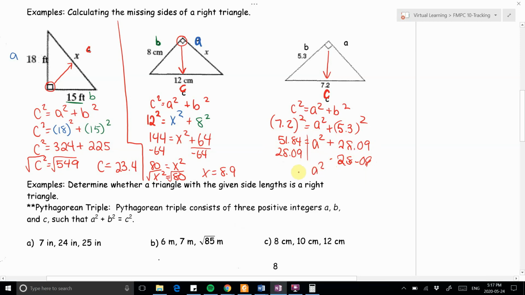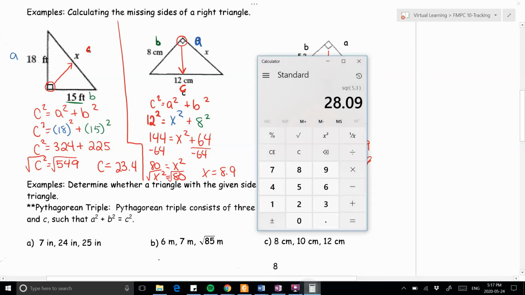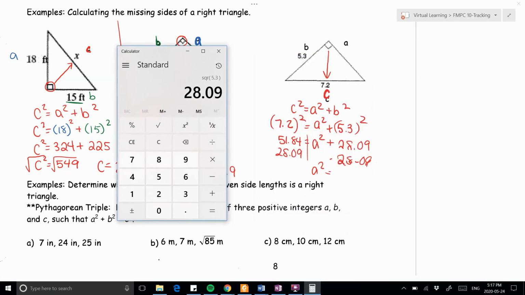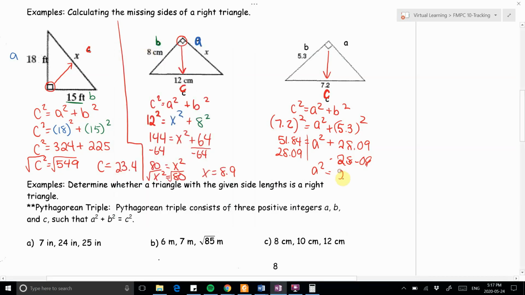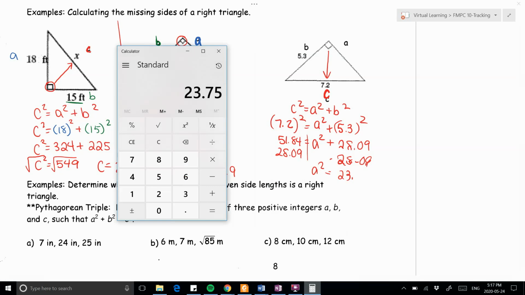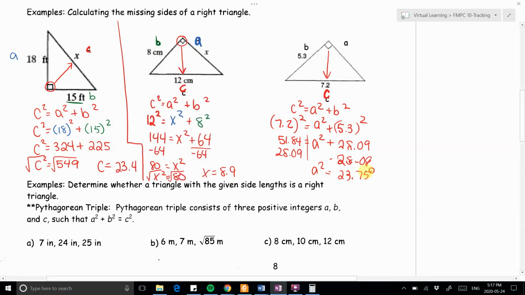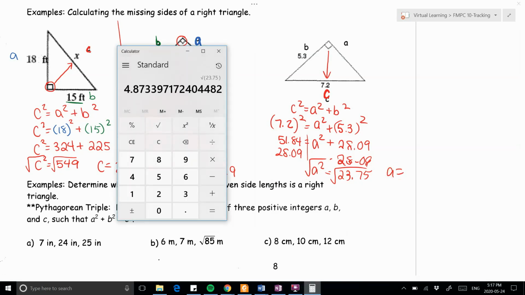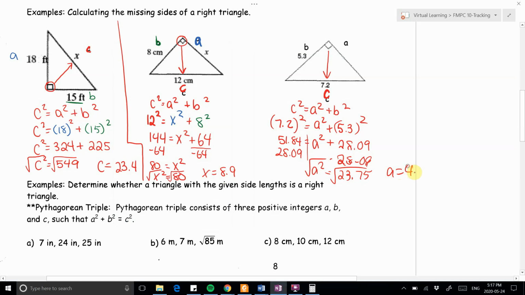So now I'm going to have a squared equals 51.84 minus 28.09, 23.75. And we're not done because that a is squared, so we got to square root it to get rid of that square. So a is 23.75 square rooted, so 4.9,